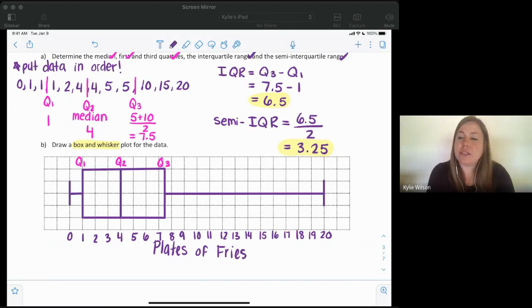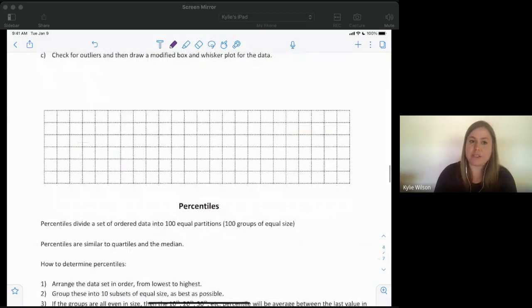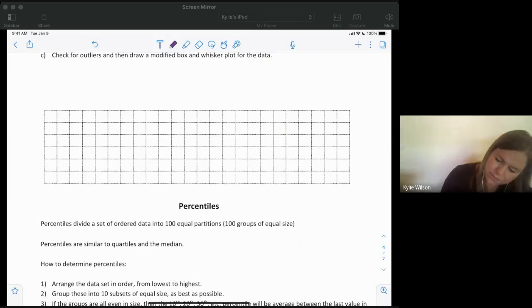So we're going to draw another box and whisker plot, but this time we're going to draw a modified one. So we're going to take into account the outliers. So the first thing we're going to do is check for outliers to see if there are any outliers there. And then if there are, we're going to draw our modified box and whisker plot. So let's start by looking for outliers below our first quartile. So we're going to look for outliers below